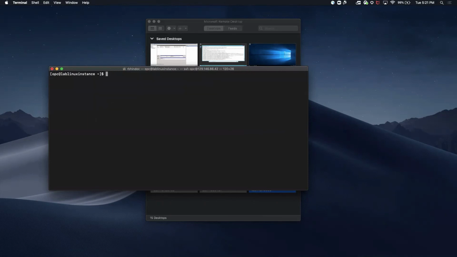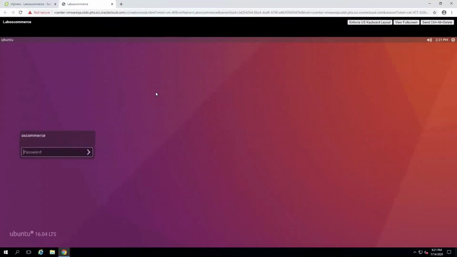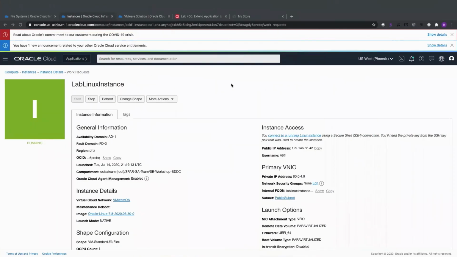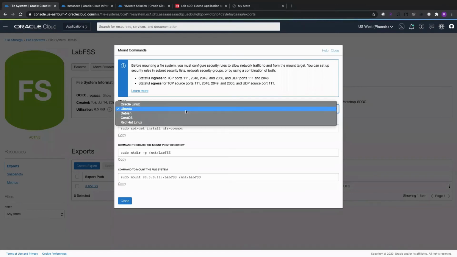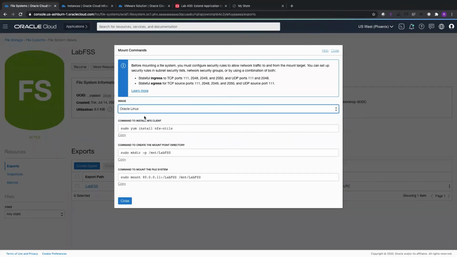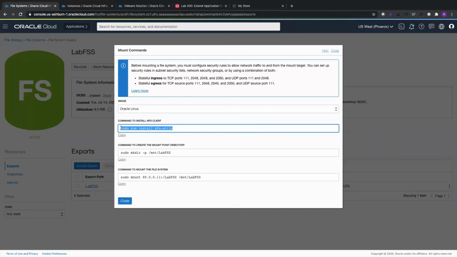Okay, I'm within the instance. Now, go back to your OCI console and navigate to the file systems homepage. And now, since it's a Linux instance, I will select Oracle Linux flavor for my image and run the commands.